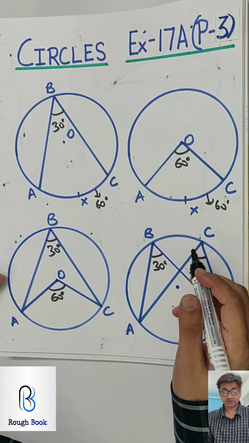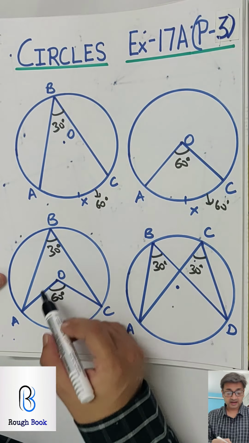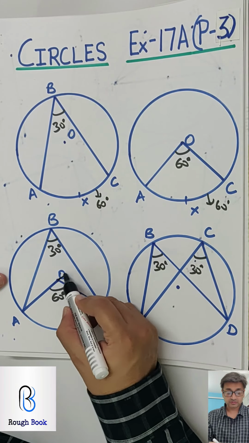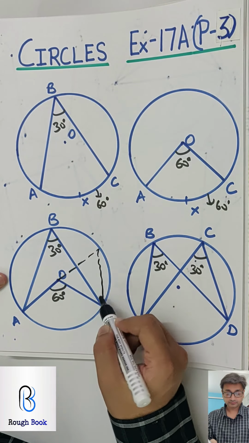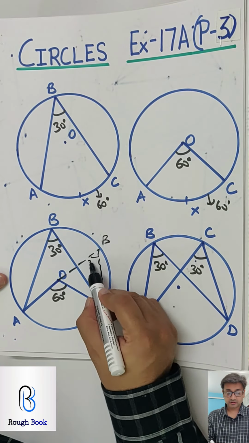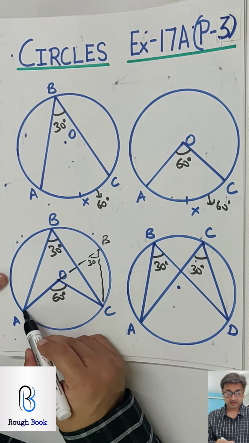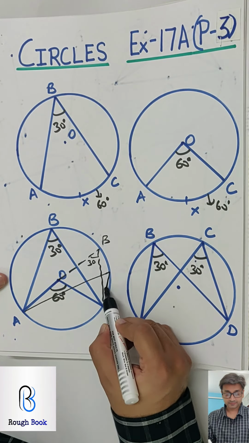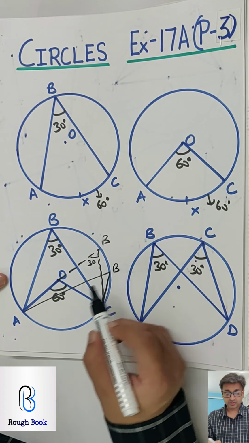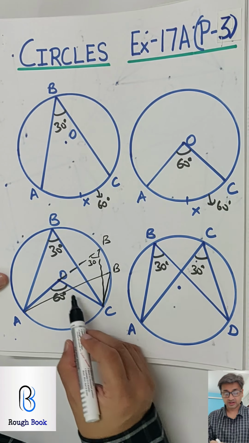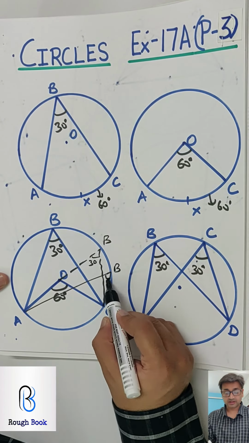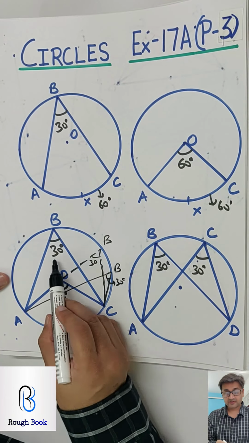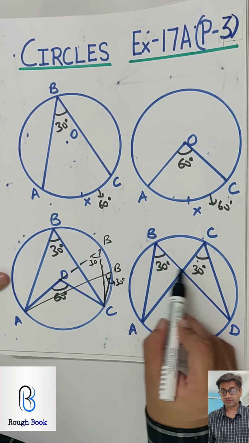Comes in three different options. One is this. Second time this B comes over here, so it will look like this. And this angle also will be 30. And for the third time this is going to come below this. So this is the most confusing one, ABC, AOC. People feel both are equal, but they are not. This will be half. In fact, all these three are equal because of this property.